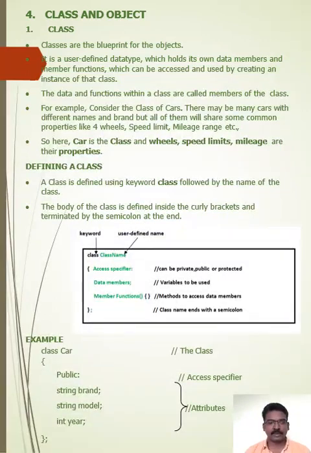So in this video, let's see what's meant by class and object. Before getting into its definition, let's see what's meant by object-oriented programming, because without speaking about object-oriented programming, it will be meaningless talking about class and object. So object-oriented programming is nothing but a programming approach or a programming paradigm which is different compared to that